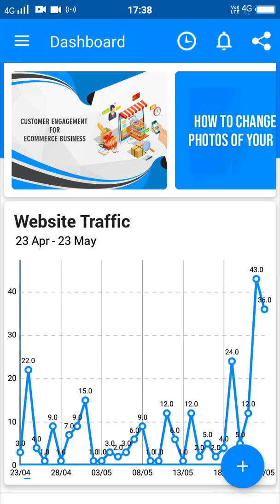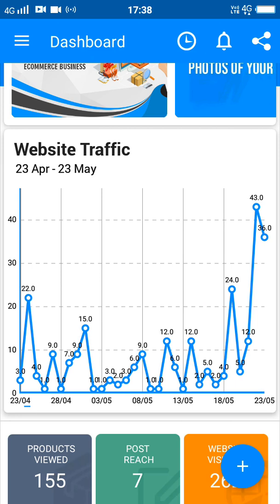It gives you the ability to track and analyze traffic of your website, see the best sources of traffic, analyze your website usage and optimize your website, formulate and optimize your online marketing plan. Here, More Customer app gives inbuilt web analytics, which you can see here. Our software not only tracks website visitors but also tracks product pages and post pages.